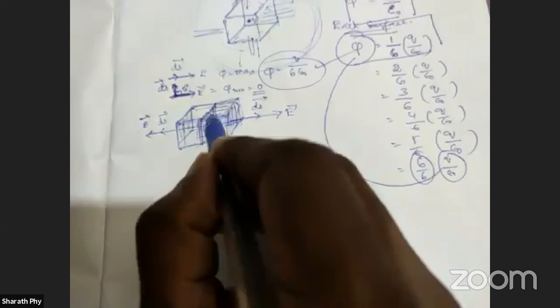Let us see this surface. See, the electric field is in this direction, and the surface vector direction is this direction. So the electric field is in this direction, and the surface vector is in this direction. So this is 90 degrees. So wherever 90 degrees is there, the electric flux is equal to 0. So this surface is 0, this surface is 0, all four surfaces are 0. So only these two surfaces are